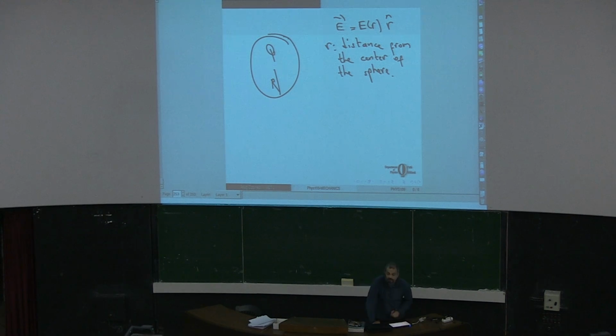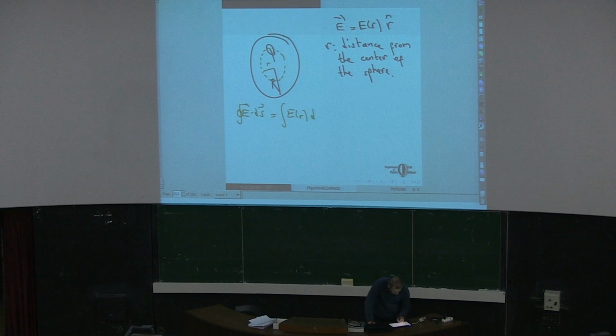Now let's consider two Gauss surfaces. One is inside the shell, of radius r. All the points on this Gauss surface are at the same distance from the center of the sphere, so this is a constant for this Gauss surface. That constant we can just take out of the integral. E dot dS around this Gauss surface: the electric field is in the radial direction, and dS is also in the radial direction. This is equal to